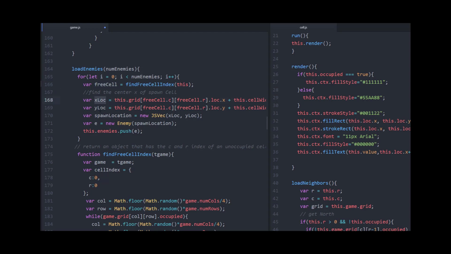And so I'm going to take the X location and a Y location. I'm going to say this.grid freecell.column, freecell.row, freecell.column, freecell.row. So this is going to have a column number and row number for a free cell. And this method is going to find that free cell. So I'm going to send in this, which is the game. I'm going to call this method, which we'll look at in just a minute. And then it's going to return an object that's going to have a column and row number of a cell